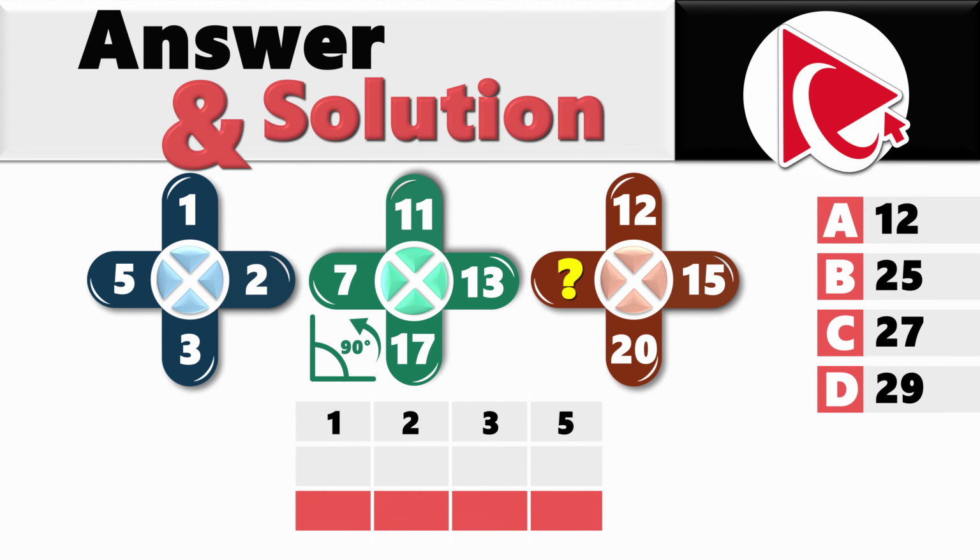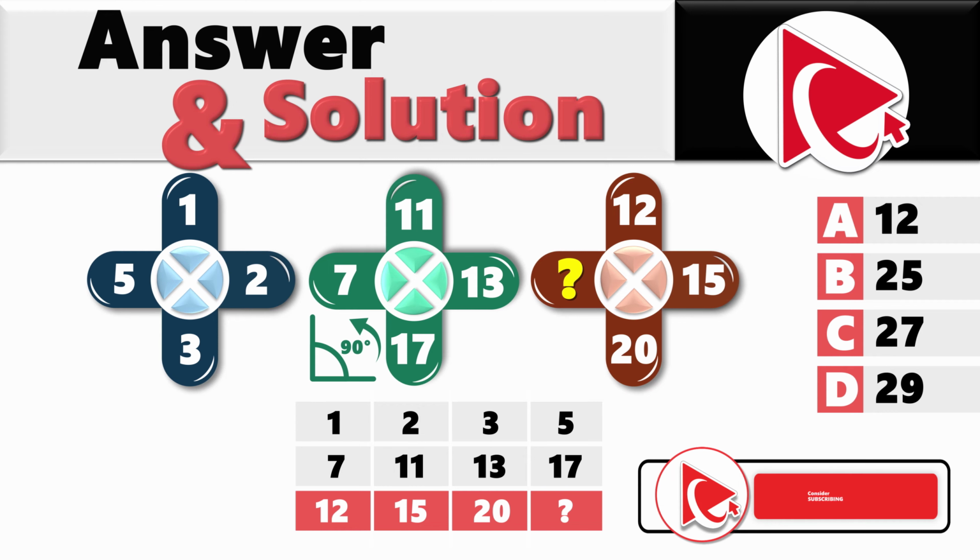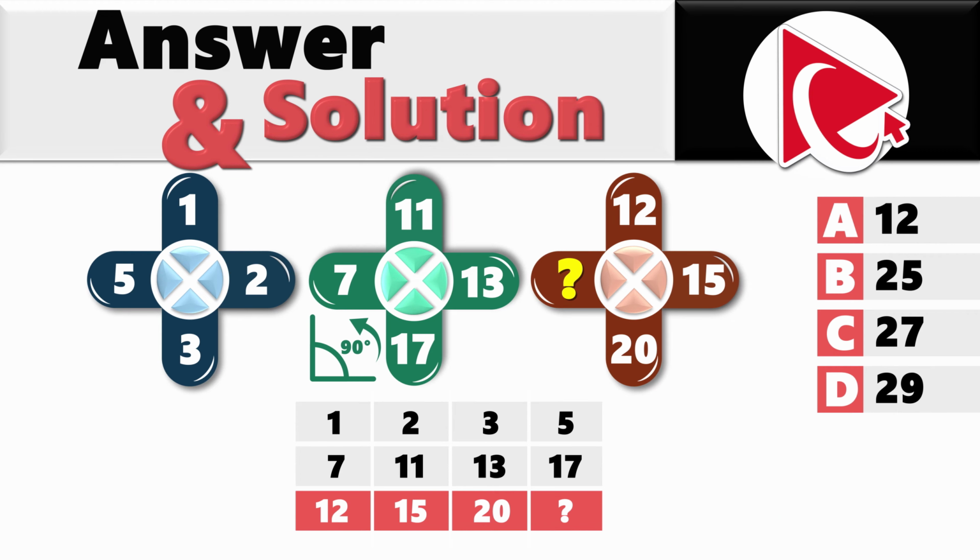The first row will have numbers from the first shape. The second row will have numbers from the second shape. And then the third row will have the calculated numbers. If we just put numbers from the same position, the logic doesn't make sense. But as soon as we shift the second row to the left, you see that the math now makes total